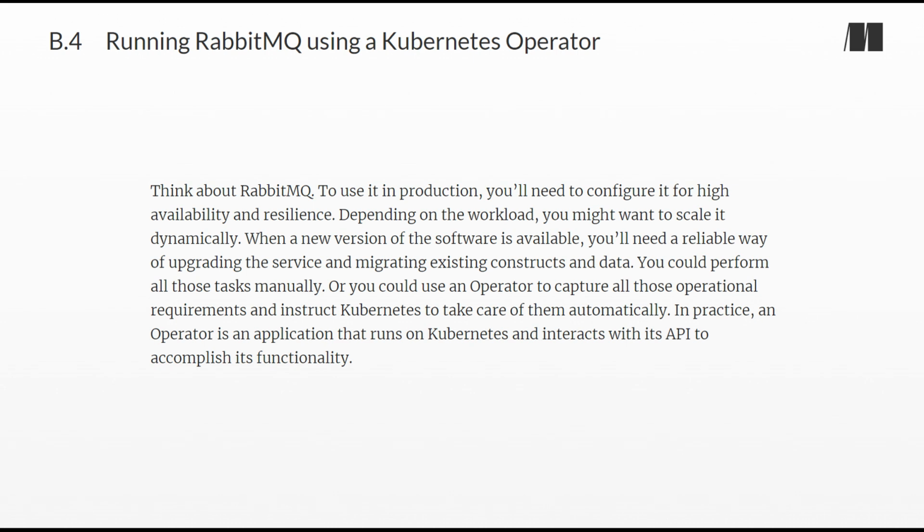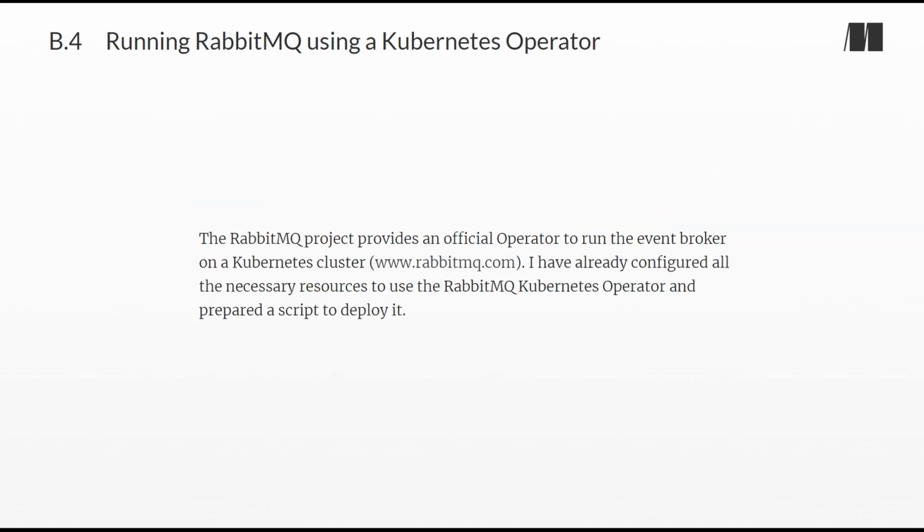automatically. In practice, an operator is an application that runs on Kubernetes and interacts with its API to accomplish its functionality. The RabbitMQ project provides an official operator to run the event broker on a Kubernetes cluster, www.rabbitmq.com. I have already configured all the necessary resources to use the RabbitMQ Kubernetes operator and prepared a script to